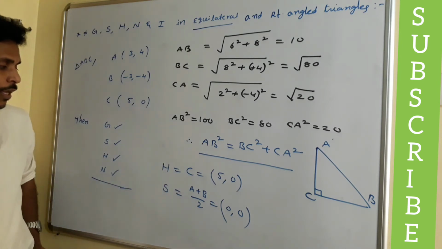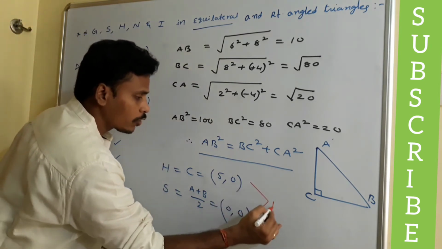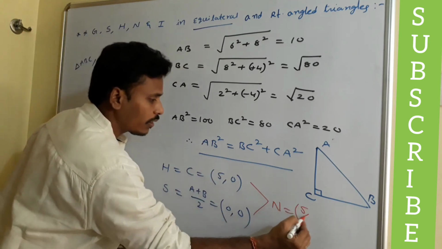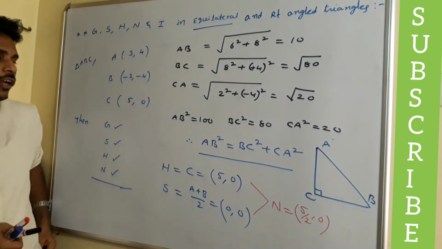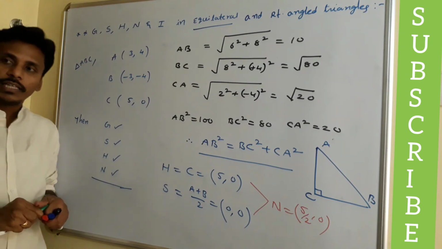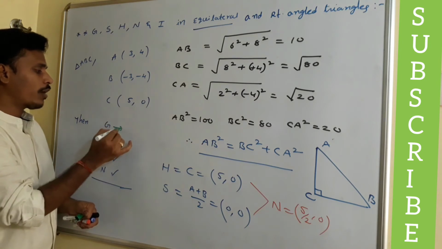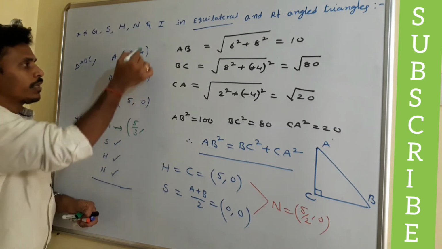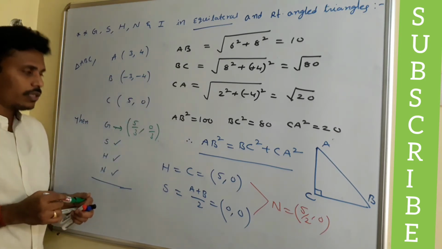And we know that the midpoint of this orthocenter and circumcenter is nothing but the 9-point center, right? So if you wish to find the 9-point center, which is just the midpoint of these two, it is nothing but 5 by 2, 0. And to find the centroid, already we have a formula: x1 plus x2 plus x3 by 3, y1 plus y2 plus y3 by 3. With that idea, directly you can find the centroid. Add all these vertices, nothing but 5 by 3. Add all these vertices, nothing but 0 by 3. And this is the centroid for this triangle.